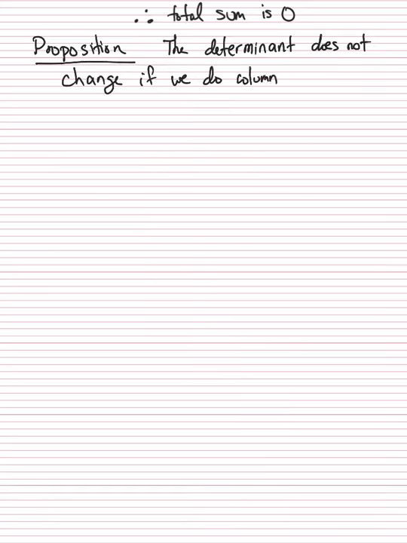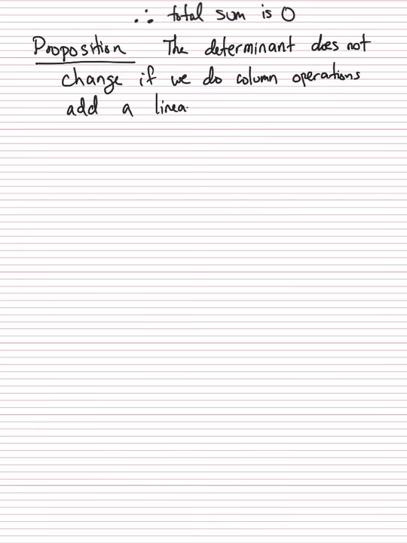Okay, which says that the determinant does not change. Essentially, if we do column operations, the determinant does not change. So what that means is that we can add